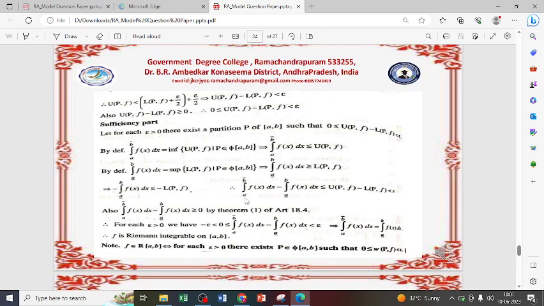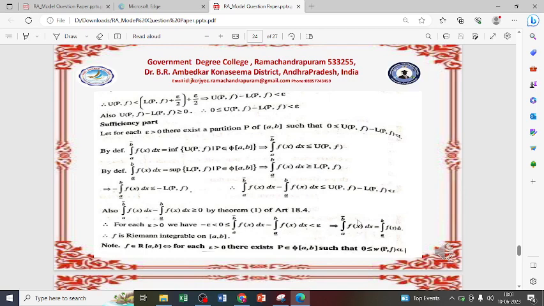Therefore, the upper integral from a to b of f(x) dx minus the lower integral of f(x) dx is smaller than U(P,f) minus L(P,f), which in turn is less than epsilon. So the difference of upper and lower integrals is always non-negative. Further, the difference of upper integral and lower integral is smaller than epsilon. That means since epsilon is arbitrary, automatically these two numbers are equal.